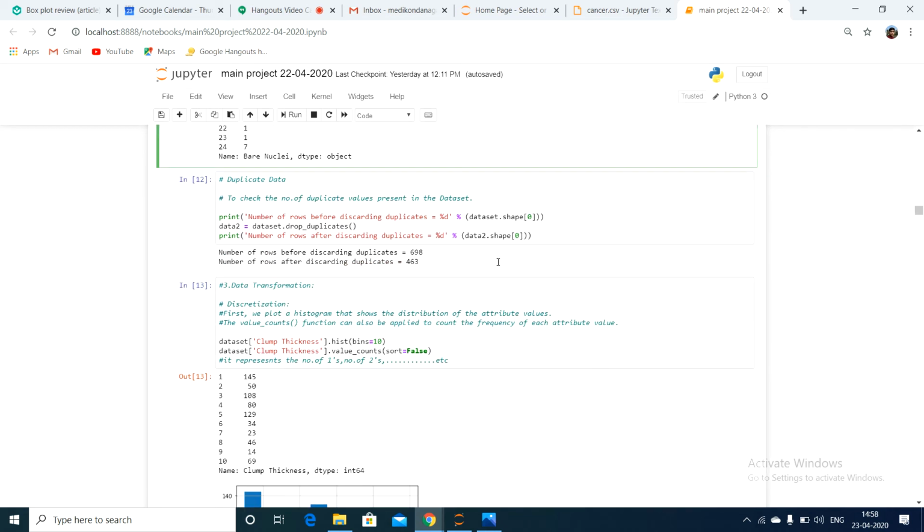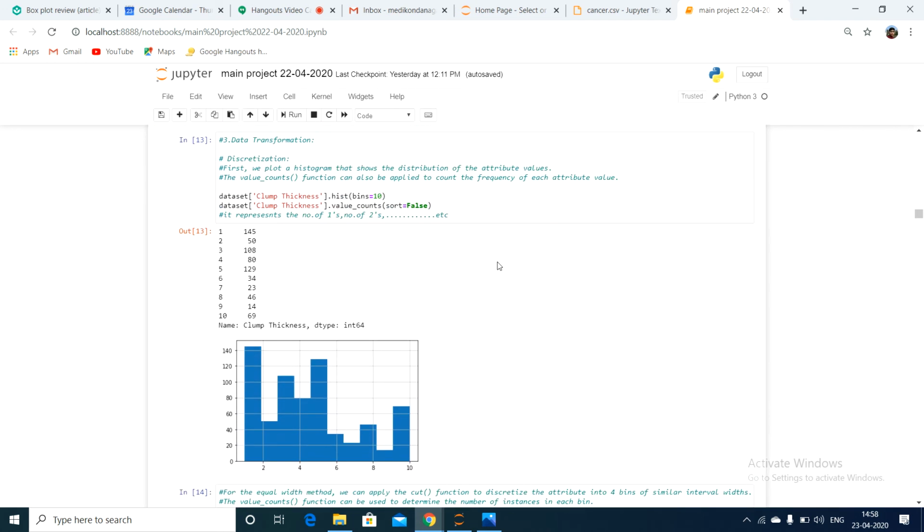Next one is data transformation. This is one important concept. Let us concentrate here, guys. I have already told you about data discretization. Discretization is a part of data transformation. Transformation is nothing but moving from one place to another place, from one form to another form. Yes or no? So here discretization is also transforming the continuous values into categorical values.